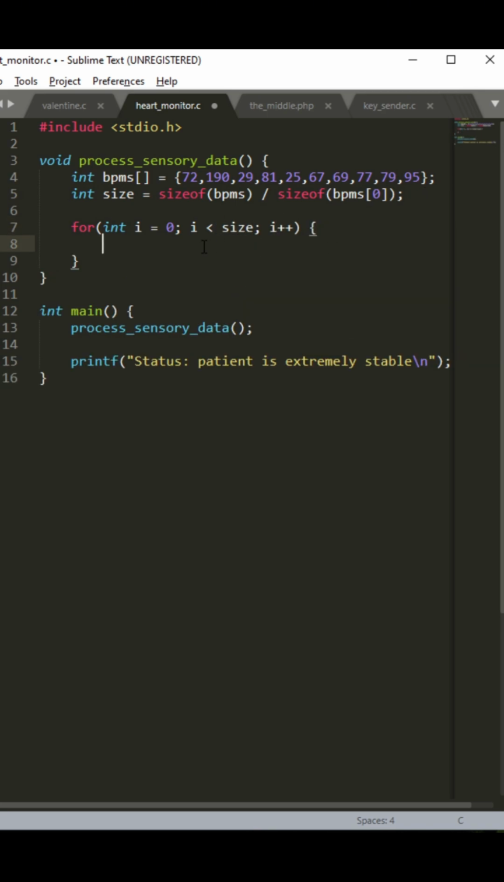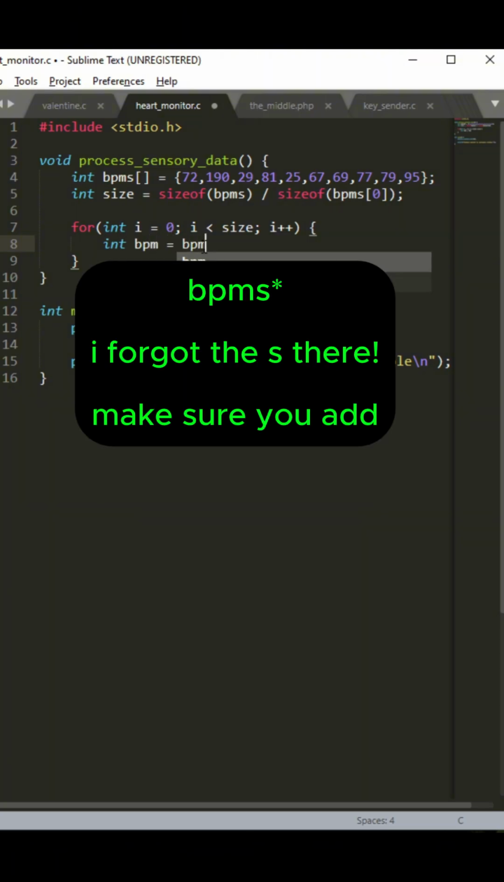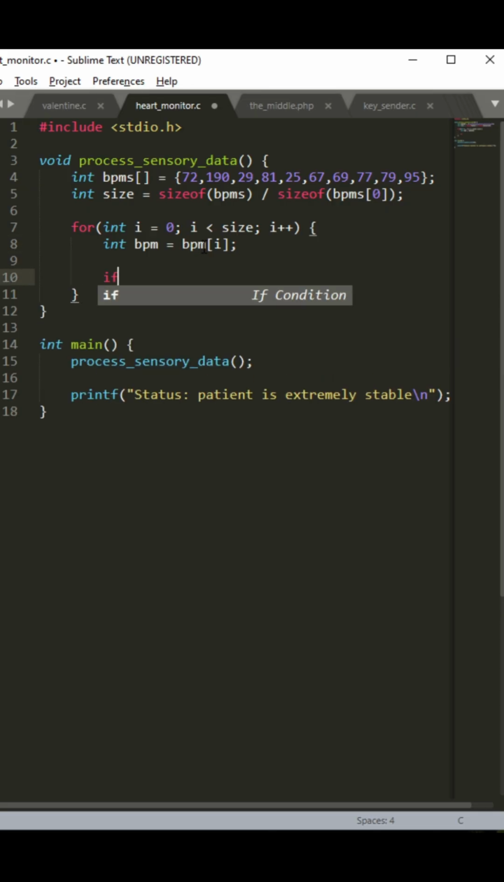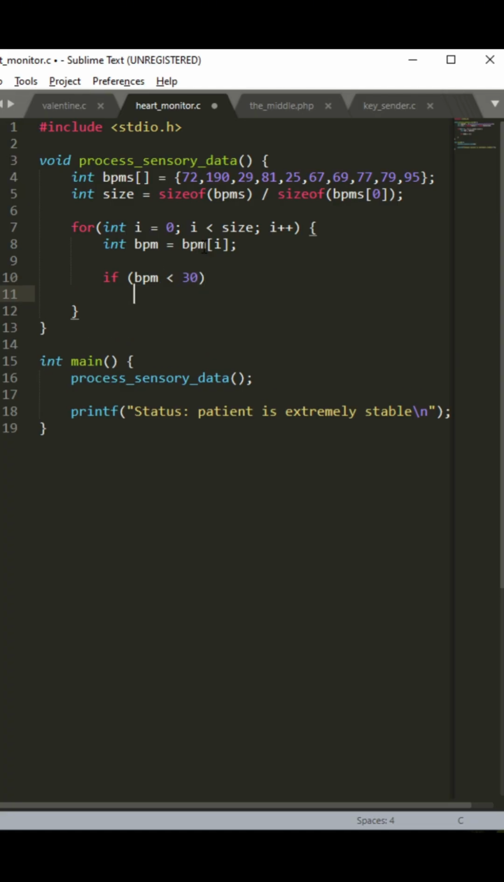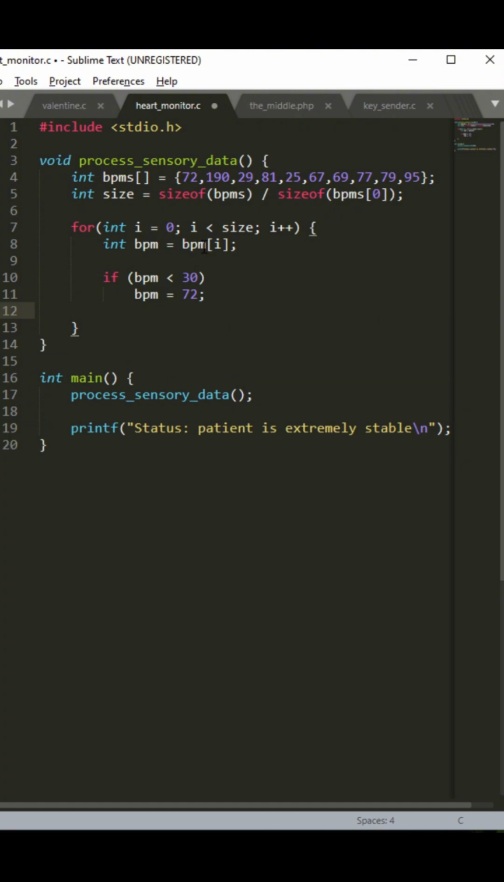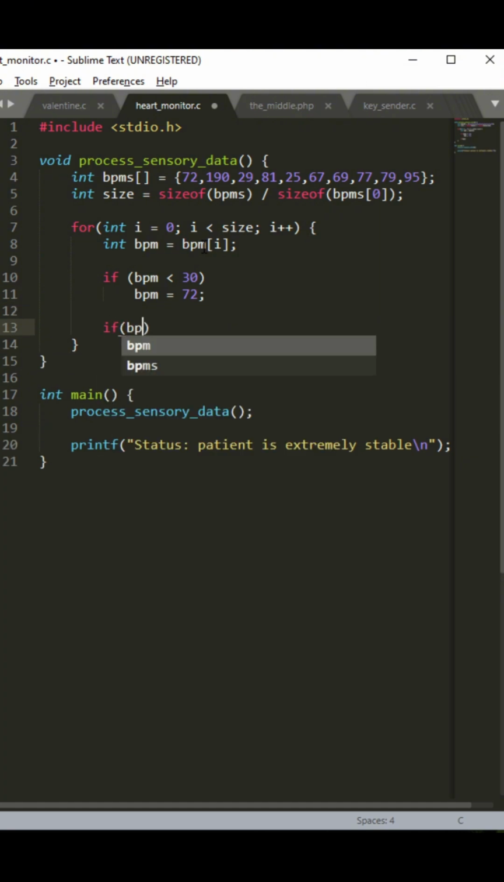All right, guys, so if you really need to protect a patient, we have an int BPM. This is going to be our value, and our beats per minute is going to be BPMs[i], just like this. And if, let's say, the value is less than 30, then we could just set this BPM to a more appropriate value for the patient. So we can just set their BPM to 72. And then let's say if their value is greater than 170,